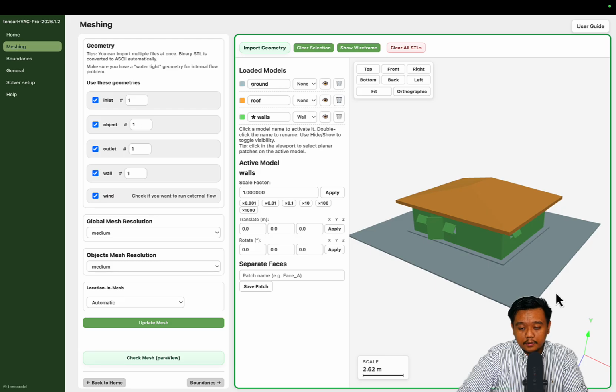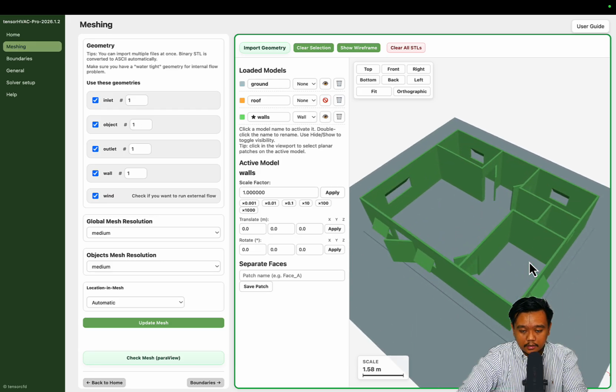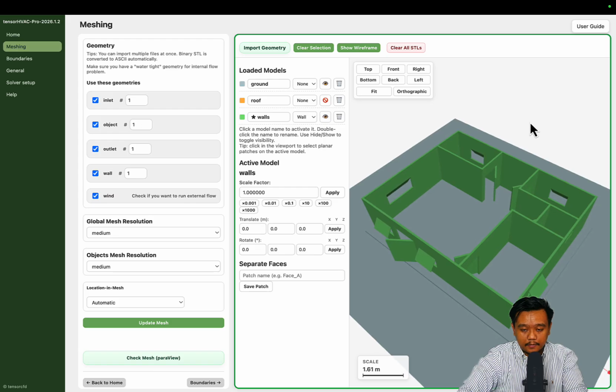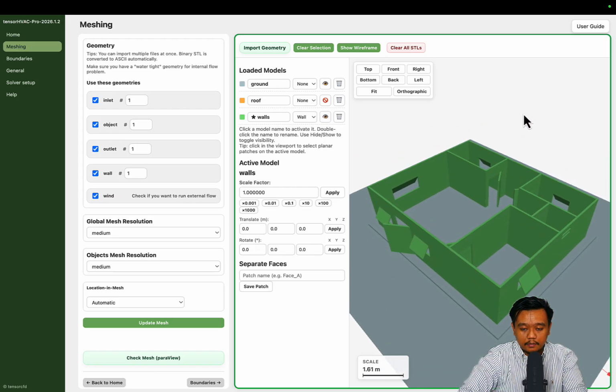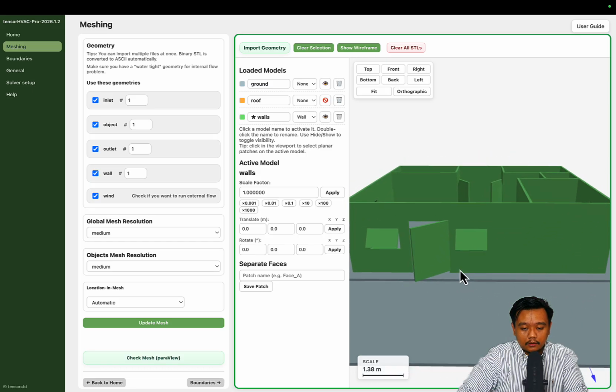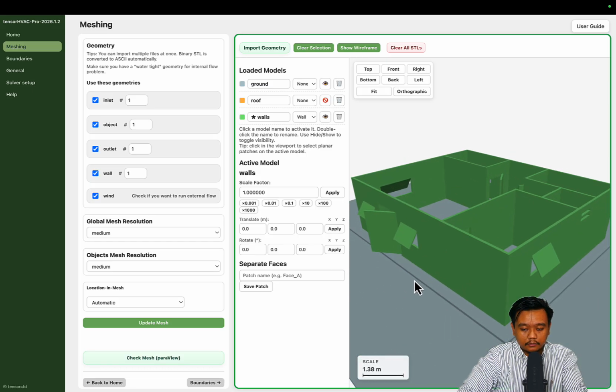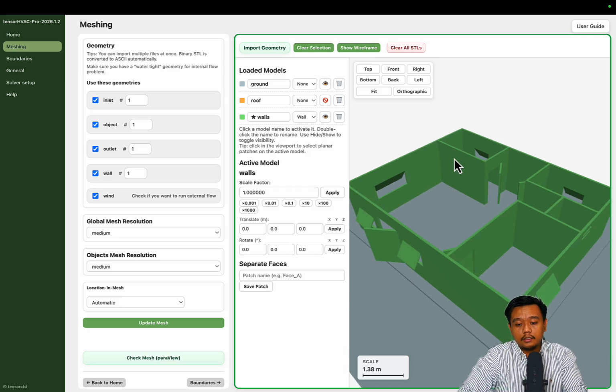Okay, this is a very simple house. I will hide the roof so you can see what's inside this building. So, a very simple building, and we have our windows open, so you can see here. And as you can see, the model here is in the positive domain, not a negative domain, so you don't have to convert it by cutting, just like